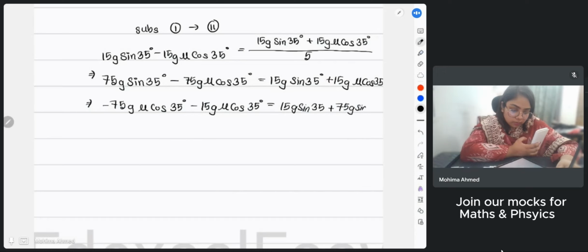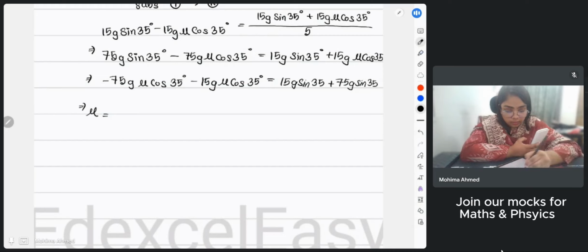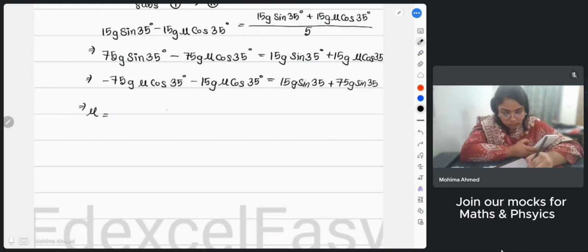Okay, and then if I take mu as the subject and take everything to the right hand side, I can add up the 15g and 75g, right? So 15 plus 75 is 90g. So this is 90g sine 35 degree. And again, I can add up the 75 and 15, which is again going to be what? 90g